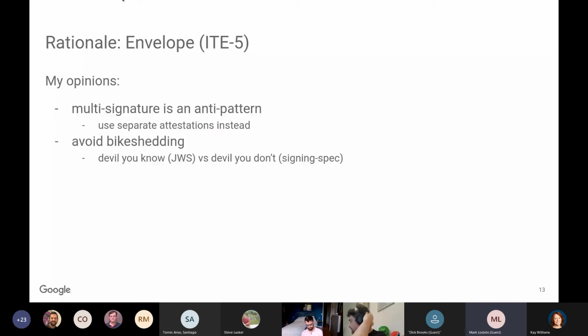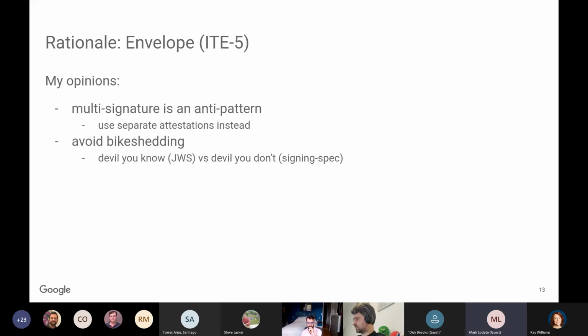I only bring this up because one of the things that's proposed is JWS compact signatures, what JWT uses, which only supports a single signature. That has other issues as well, which we could get into if you want, other reasons why I don't particularly like that. But I